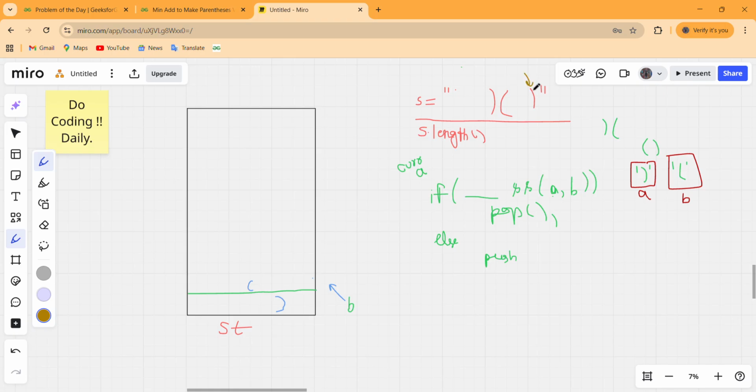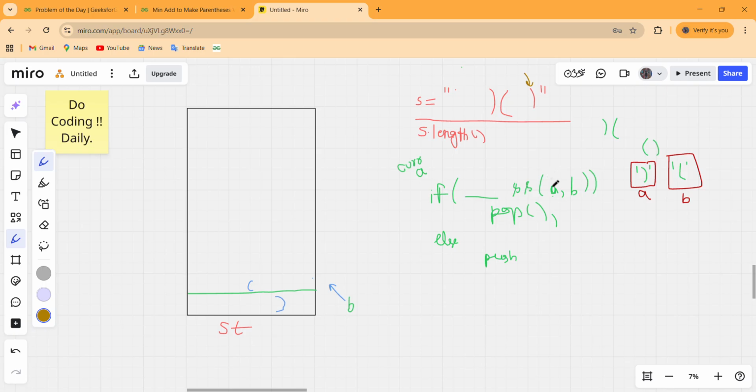And for this we will check whether the stack is empty or not. Here the stack is not empty and is this current character a closing one or not. Yes, this current character is a closing one, so we check whether the top of the stack, or B, is an opening one or not.